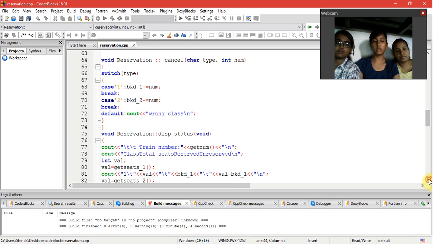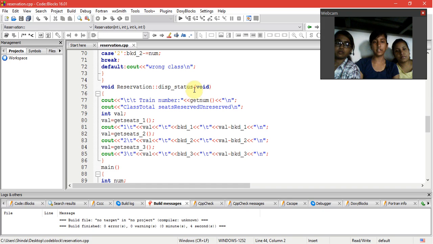Next we go for the function called display status, also referred to the class reservation. The input is taken from the user, and the input which is taken is the train number. Next we declare an integer variable called val. Now this val is equal to the getter function which was declared earlier, and the output is given as val,